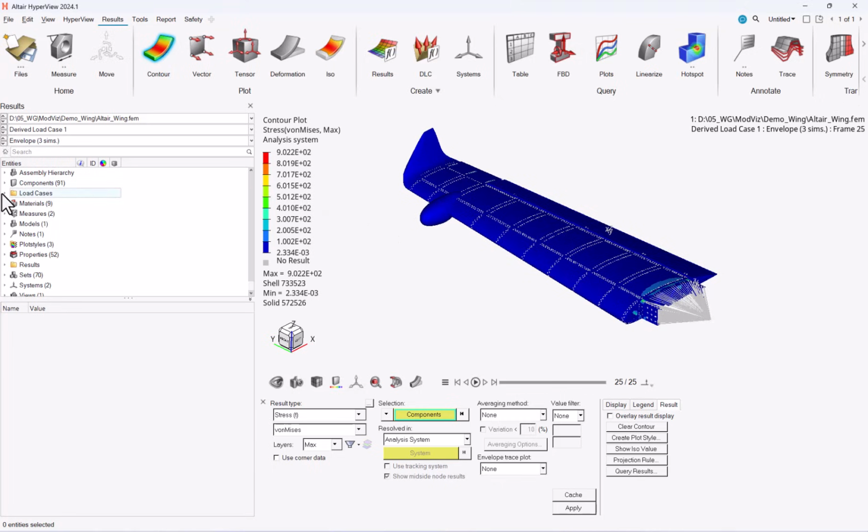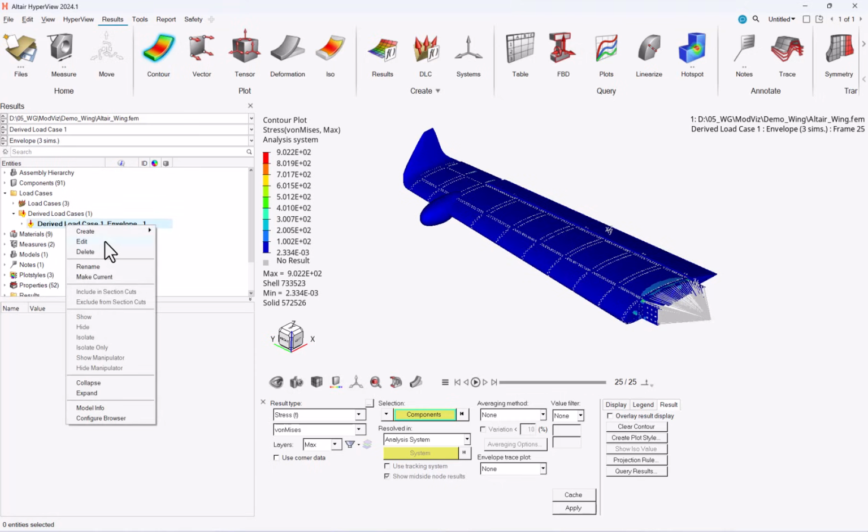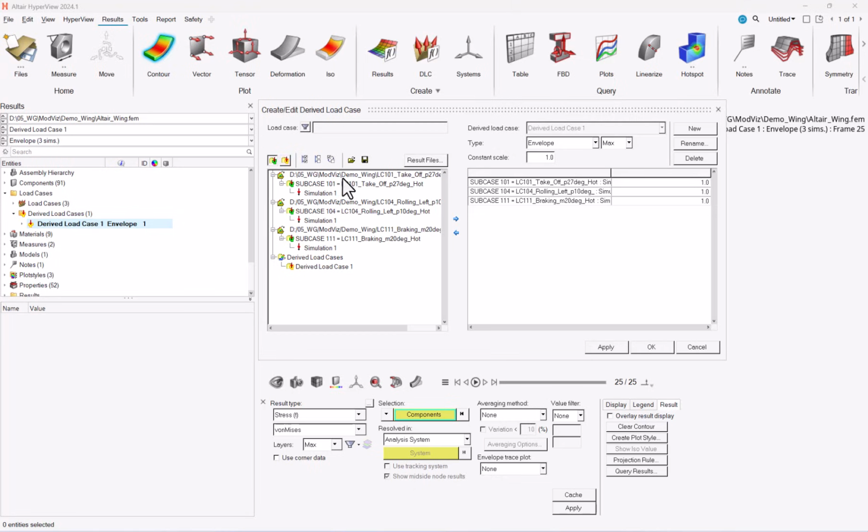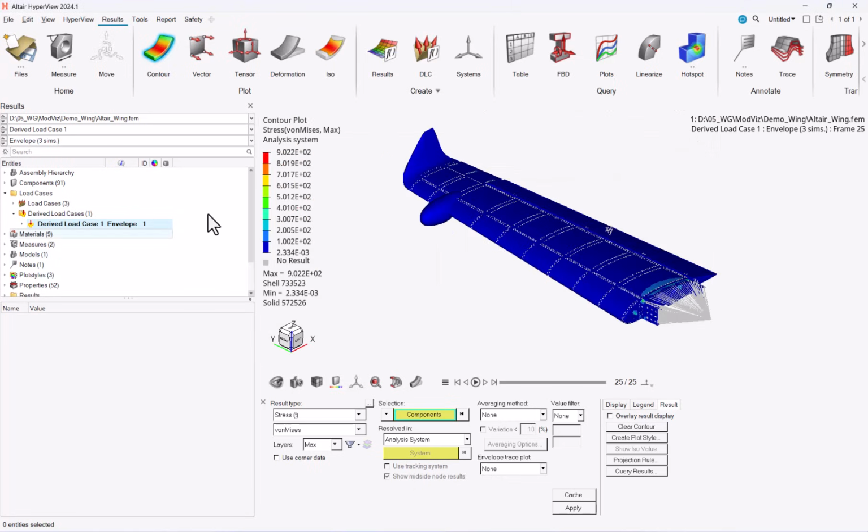I currently created one derived case, which is an envelope, and this envelope is a combination of three cases coming from three different results. And you see here the names of the subcases, every one with a scale factor of 1. So first thing, which should be known by all our users, is that in the contour,